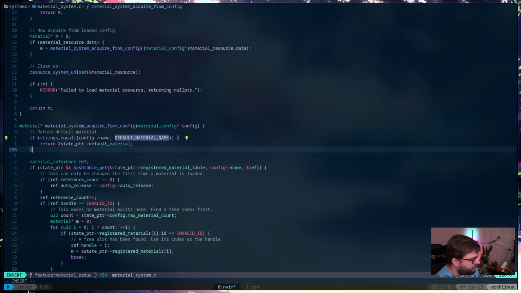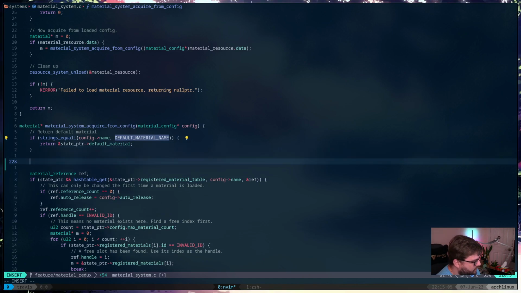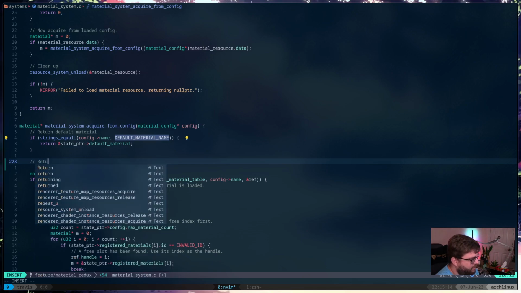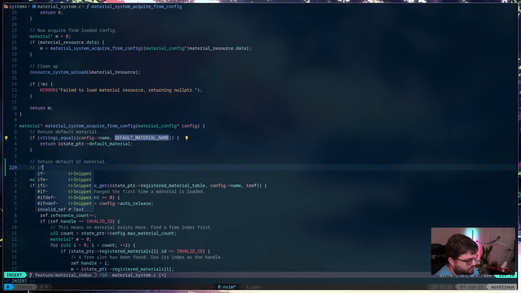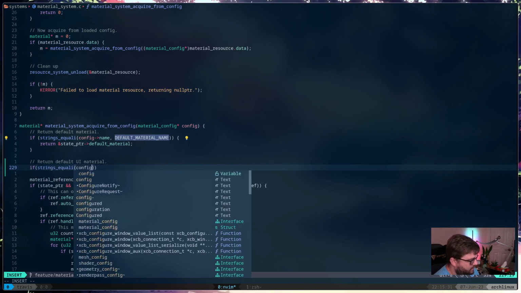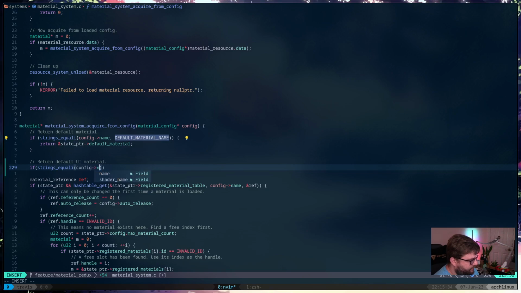So if we have a material config that wants the default material, we're going to have to say return default UI material. And the more I think about this, the more I'm thinking I'm probably going to wind up refactoring this at some point because I'm not a huge fan of how much stuff I'm having to add to do this.